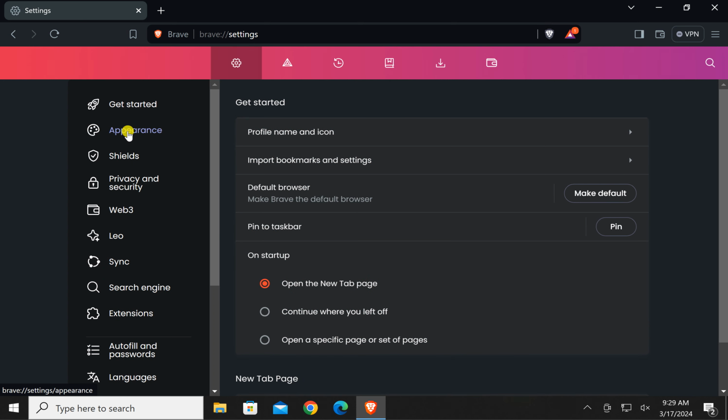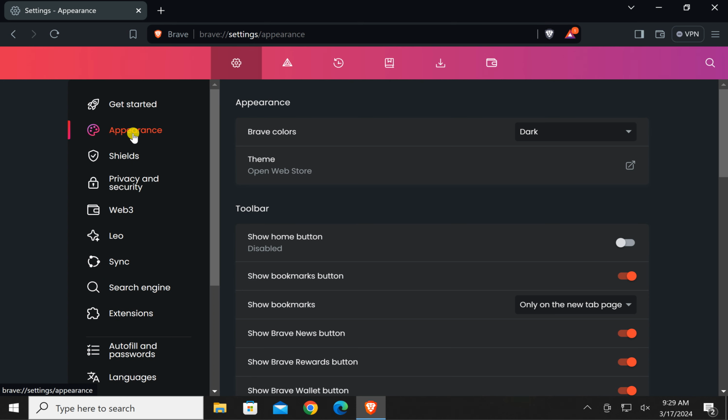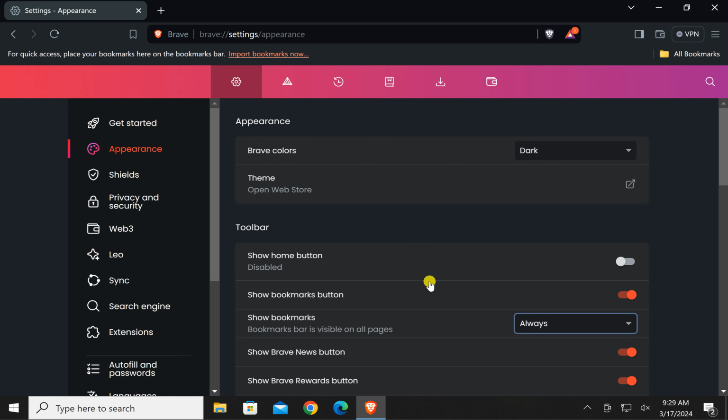Under Brave settings, select this one appearance in the left sidebar. On the right, under this one toolbar section, you will see show bookmarks option. Select the drop down menu and here you can choose this one always option that will display bookmarks always in